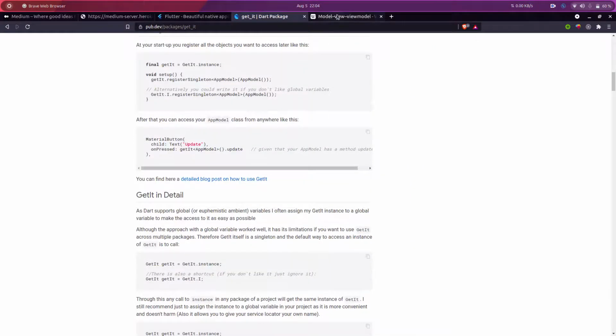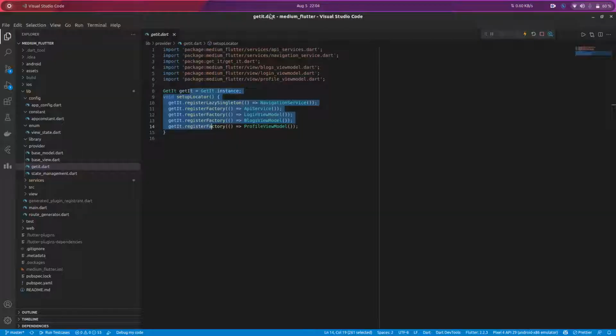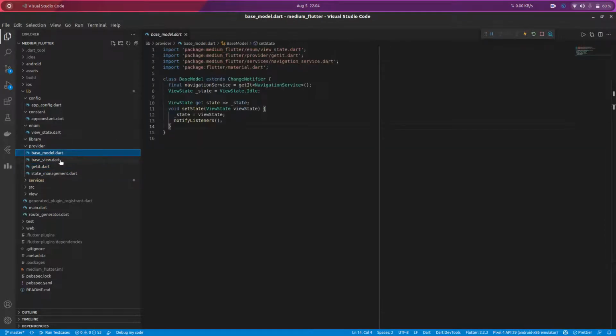So this is the MVVM architecture we will be using, and this is the get_it setup that we have to use for this. Instead of the setup locator, we have different view models that we have to first register for the business logic layer. So here I have the get_it package that I have installed. Here's the base view of that package.